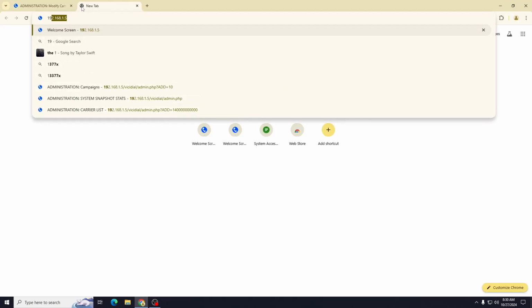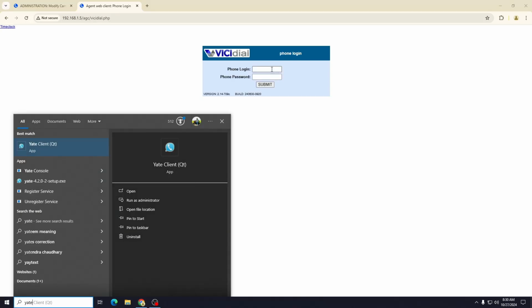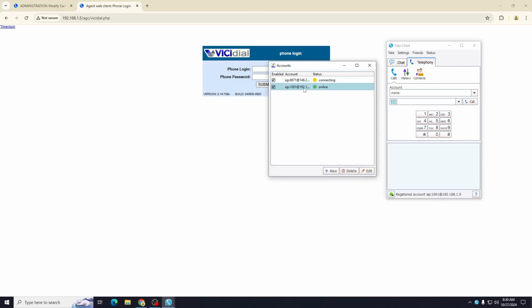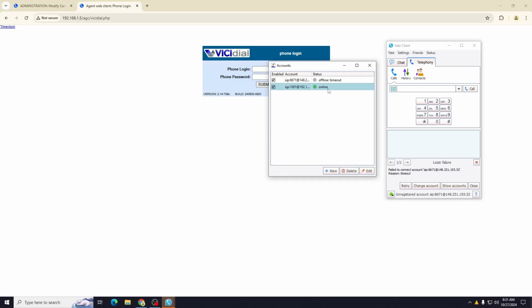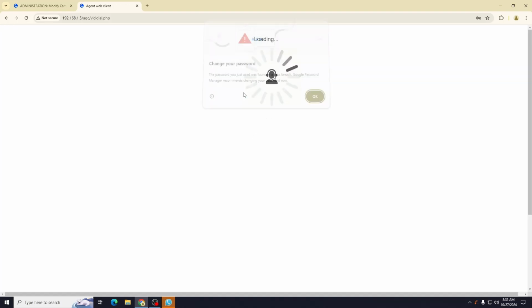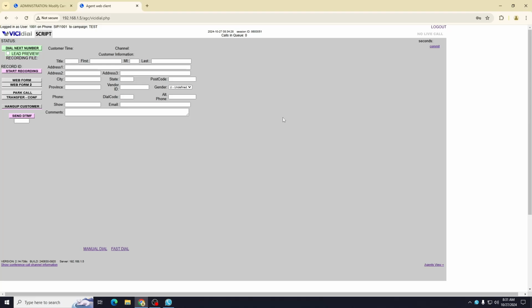Let me log in as the agent first. This is the soft phone that I'm going to use. As you can see over here, I have a soft phone already registered, name 1001, and it's online. So I'm going to put the same name over here, 1001. And then I'm going to select the test campaign, then submit. Okay, so as you can see, I have successfully logged in, and over here,